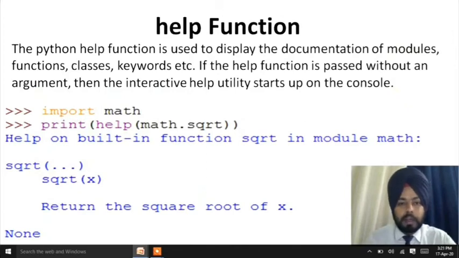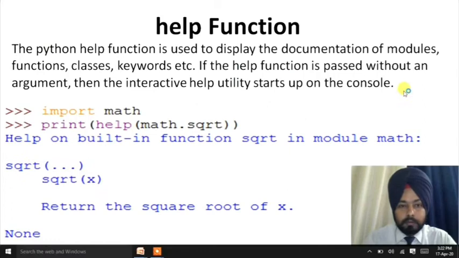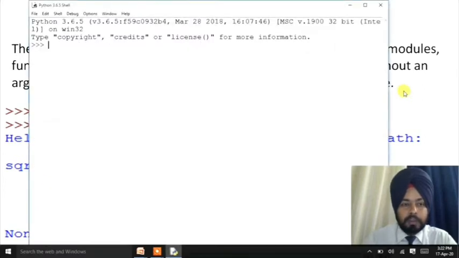This is the help function. The function is used to display the documentation of modules, functions, classes, keywords, etc. If the help function is passed without an argument, then the interactive help utility starts up on the console. Let's take an example for the help function. For example, we'll take the help on the math module. For that we have to call the math module first,